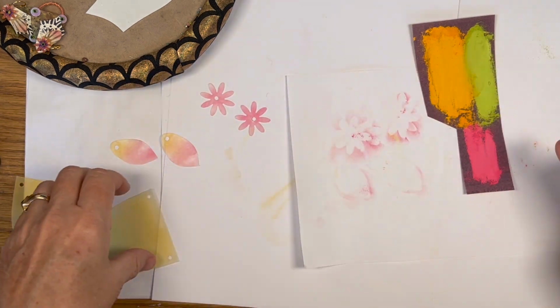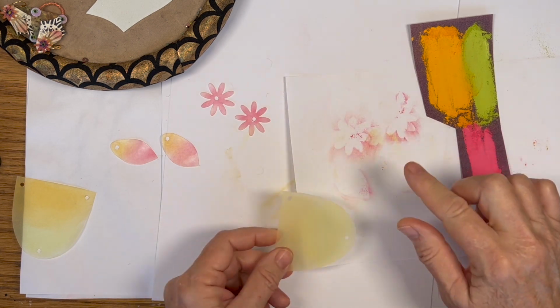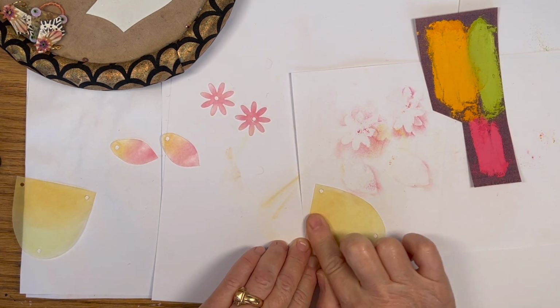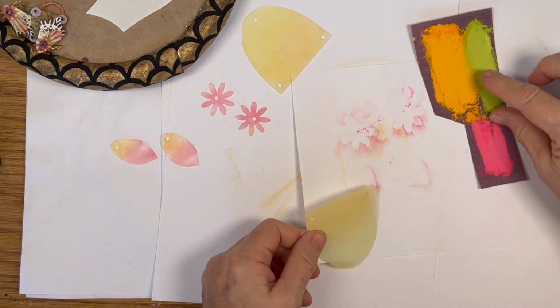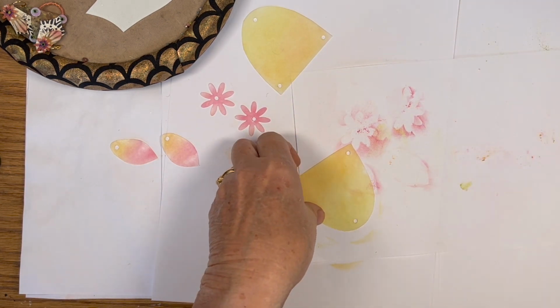I think I'm gonna make sure that I've got enough green on here. And okay,